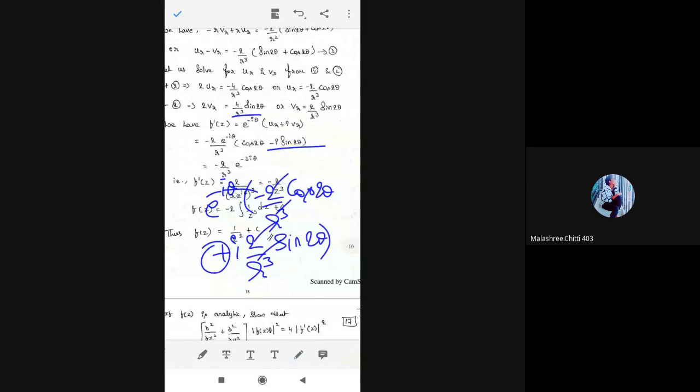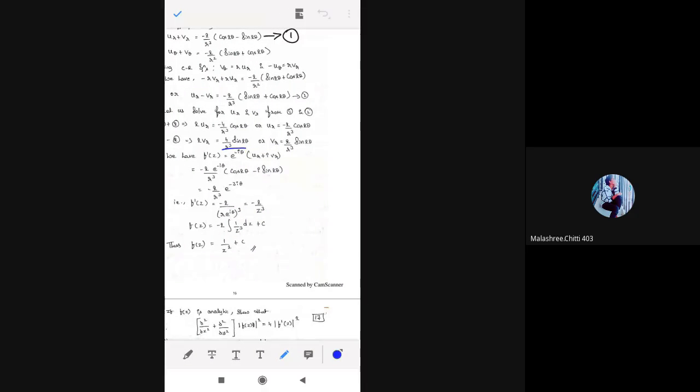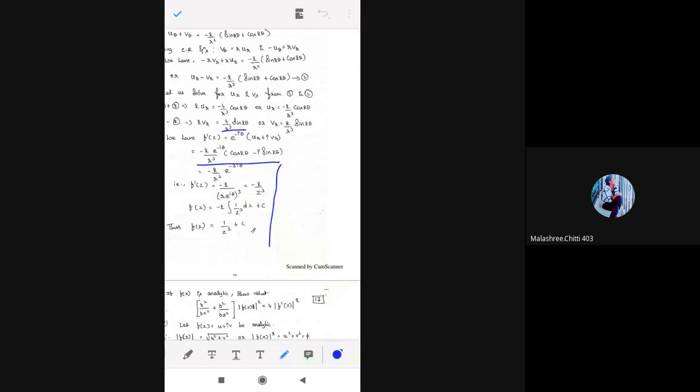Now see, instead of doing this method, I'll write one more method, which is very, very easy. So now we have this step. From here to here, I'll write. What to do, as you know before, put r is equal to z, theta is equal to 0. So what happened when you put r is equal to z, theta is equal to 0, and